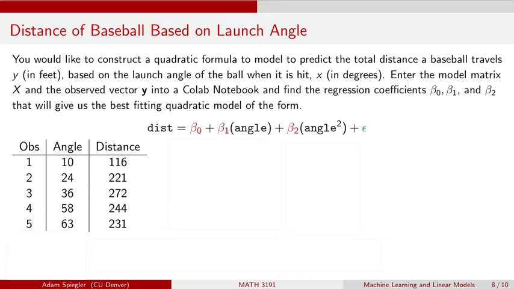Batter is up in baseball. Here's the batter. And they hit a ball. And when they initially hit the ball, it goes possibly up. I suppose it could go straight down. And this angle that it goes up by, this is what we're calling the launch angle. And so what we're saying here is that this value, this angle, has some effect on how far the baseball